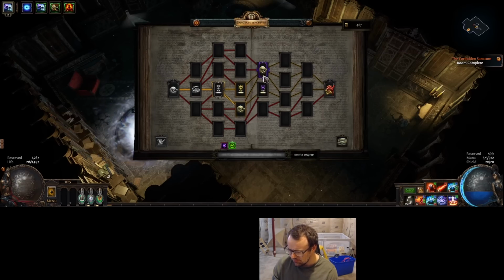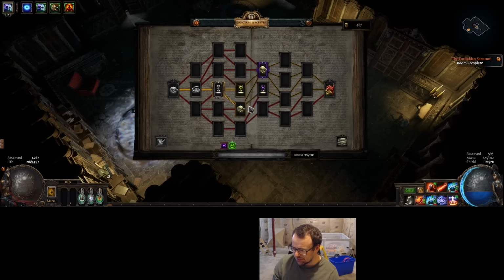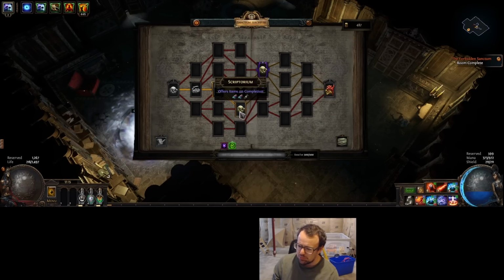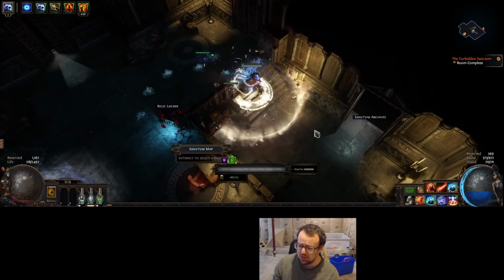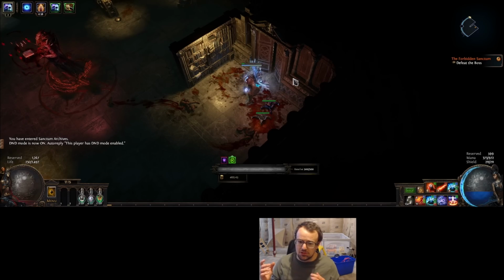Now, we do not want to pick this route. Ideally, well, okay, so this route gives us the options for both these rooms, which will mean we could go anywhere here. I'm actually going to go with this room because the less afflictions we pick up, the more bloated the affliction pool is. So that way later on in the run, when the game is...